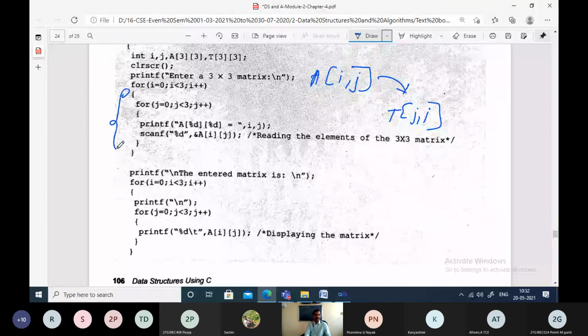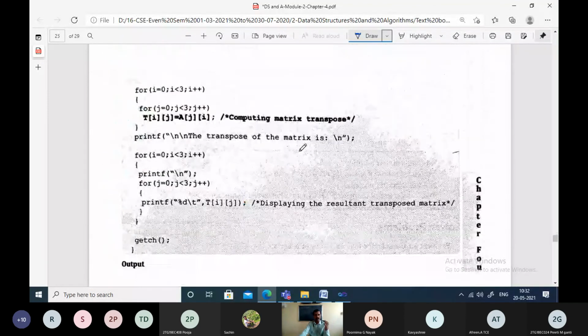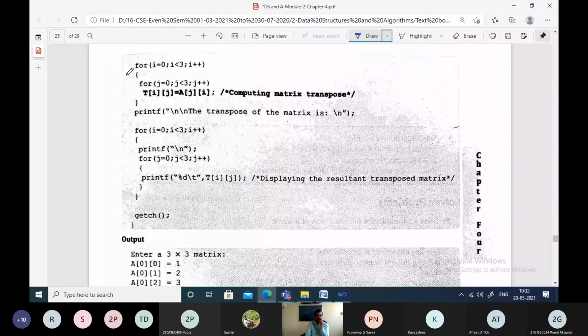Here we are reading the matrix and displaying the matrix, the display part, the same as we have seen. Now, this is where we are trying to find the transpose. How do you find the transpose? As I said, the transpose of A of ij. That means A of ij is given by A of ji. So here I told it in reverse, and here they have taken the other way.